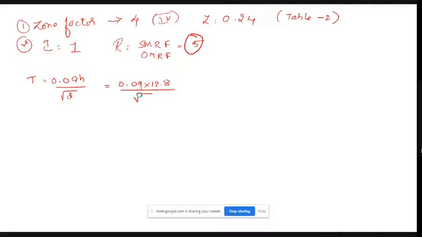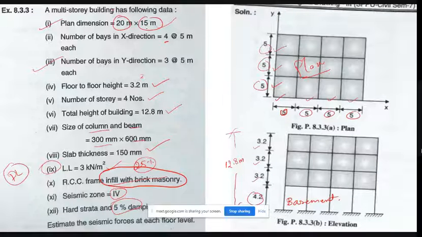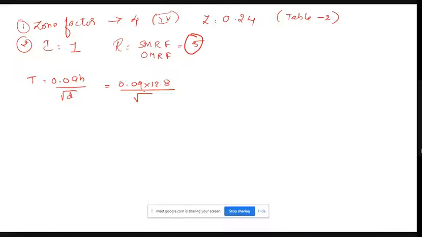Here you can see it is 20 meter by 15 meter. First you can calculate for x direction, then for y direction. First take 20 meters and calculate the value of T, and then take 15 meters and calculate the value of T. So here I will take D equals to 20. The value of Ta, or we can call it Tax in x direction, is 0.257.